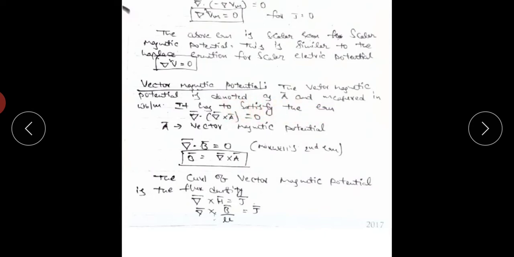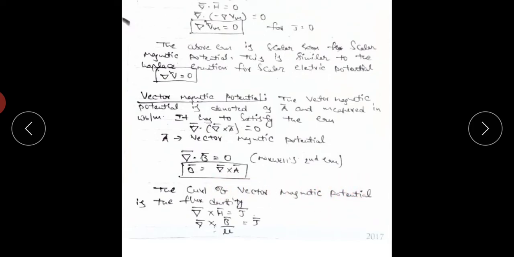By comparing these two equations, we can write B bar equals del bar cross A bar. So the curl of a vector magnetic potential is the flux density. The curl of a vector magnetic potential equals the flux density. So next we